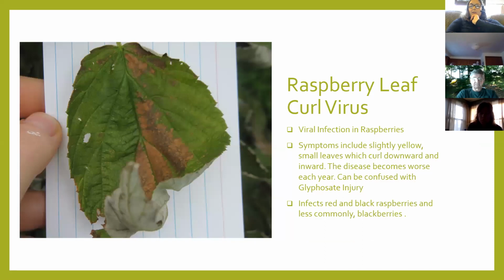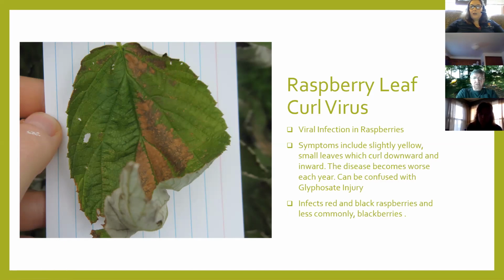With the raspberry leaf curl virus, this is another virus, and this is specifically in raspberries. You can see a slight yellowing of small leaves, and they curl downward, and then inward, so it'll start curling down and then curling in on itself. It can be confused with glyphosate injury, which is a type of herbicide, but the way to tell the